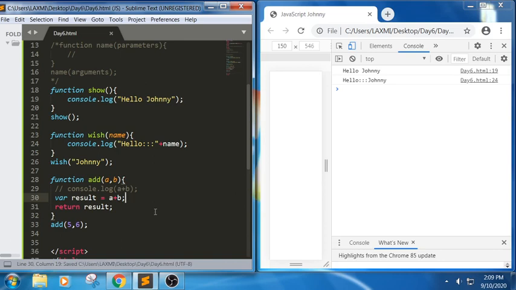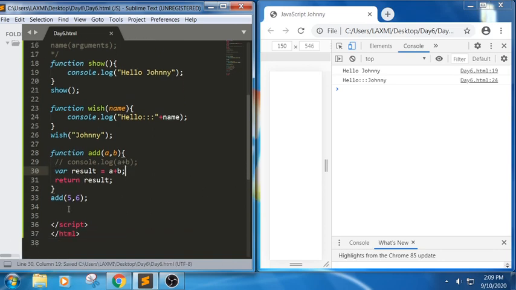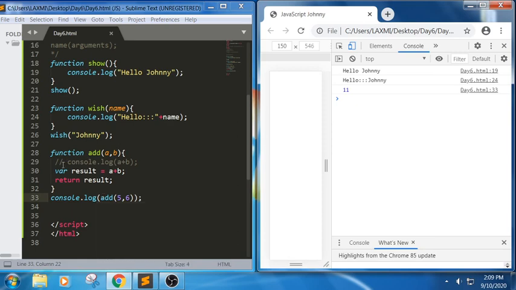Sorry, we didn't get any output. Why? Because we haven't displayed the value. It has been returning a result, but we haven't displayed it. So we can write it this way, console.log 5, 6. So we can write in the first way how we have performed the addition, or else we can also define it in this way.